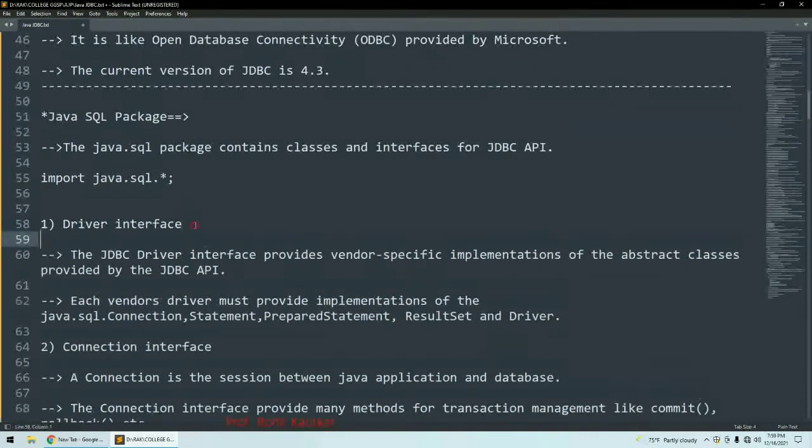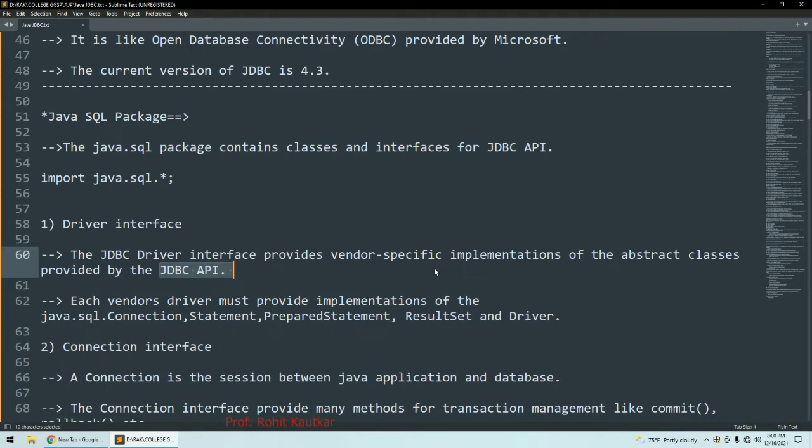First of all, what is the Driver interface? The JDBC Driver interface provides us vendor specific implementation of abstract classes that are provided by the JDBC API. According to the database to which you are connecting your Java program, it will provide us the implementation of abstract classes.